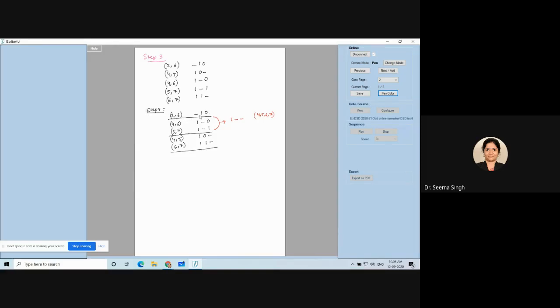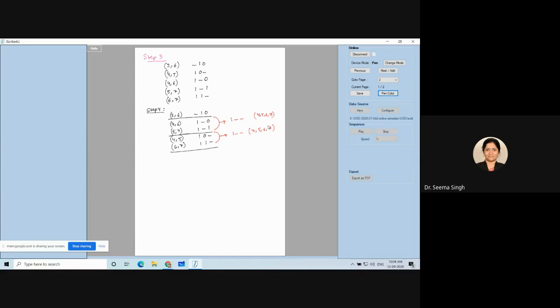Because first group had only 1 dash, I can't do any further grouping. But second group has 2 dash, and I checked that this grouping can be done by adding 1 more dash. Coming to my last group, again I can see there is 1 bit change only. 1 1 is there, dash dash is there. Only this 0 and 1 is changing. So again I can make a group out of it, and it will be written as 1 dash dash. So this also gives rise to 4 5 6 7 only. So we got the same answer from 2 different groups.